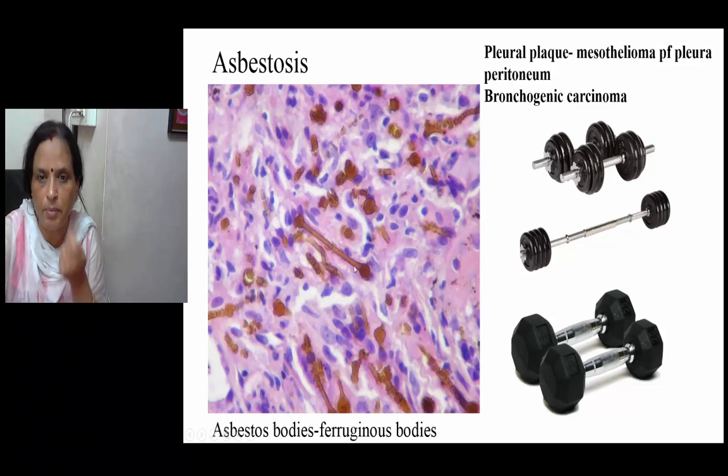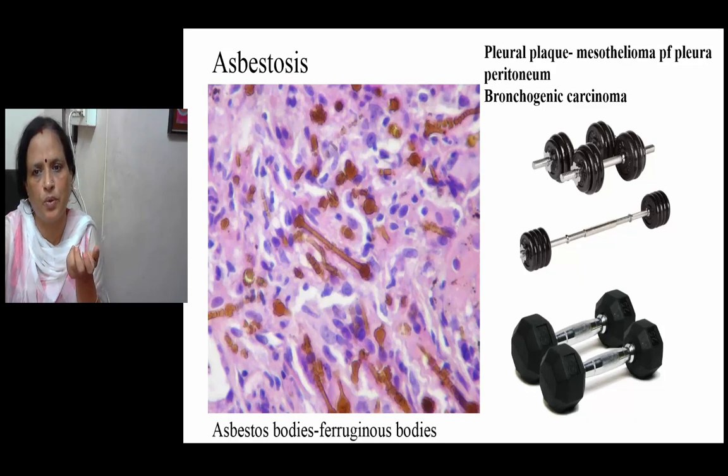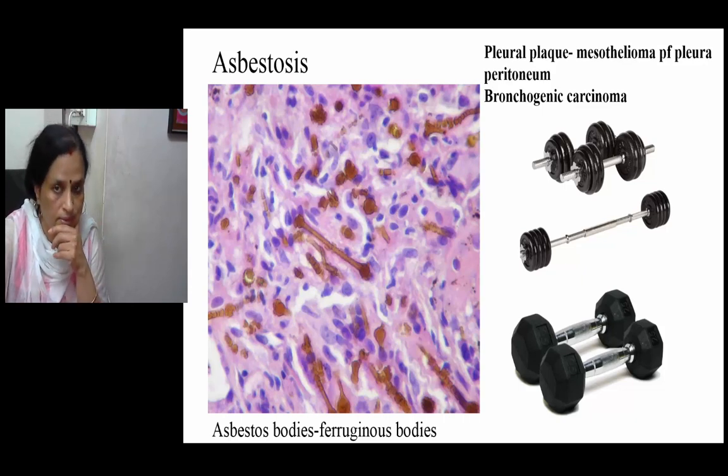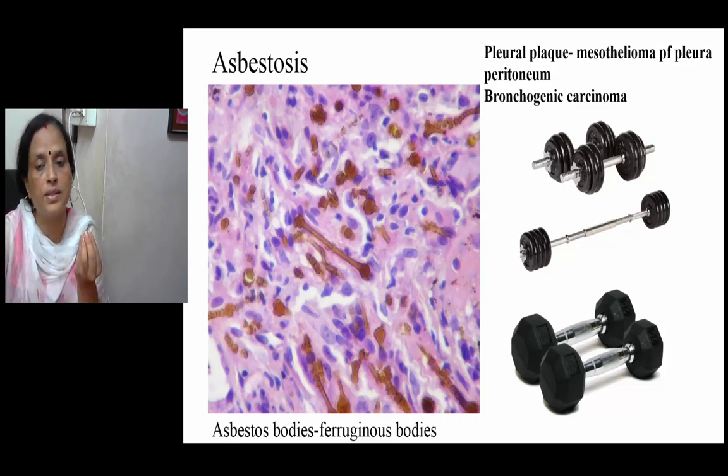People who work in asbestos industries inhale these fibers, very small particles. So they evoke an inflammatory response there, a granulomatous inflammatory response, because it is something which is not local to that particular structure. It is recognized as a foreign body. So foreign body granulomatous reaction, fibrosis, everything. So it leads to asbestosis, a pneumoconiosis. People who have asbestosis are prone to develop a malignancy, that is mesothelioma.